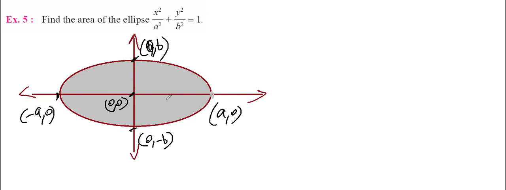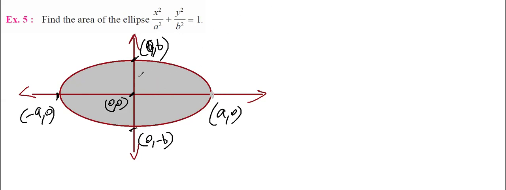This I came to know from where? From this ellipse which we have studied. So I think you have understood this. If not, you can find these coordinates by substituting the value of y as 0. You will get two values of x. Then again, with x equal to 0, you will get two values of y. Like that, you will have these particular coordinates.